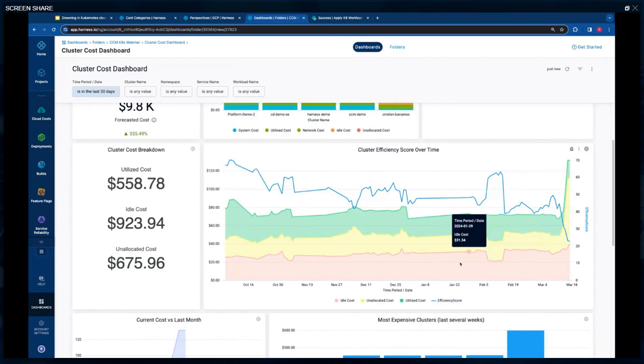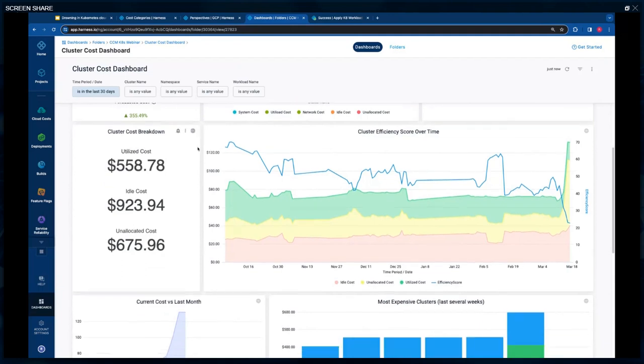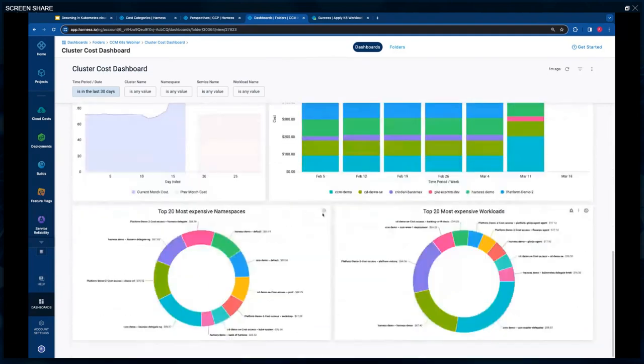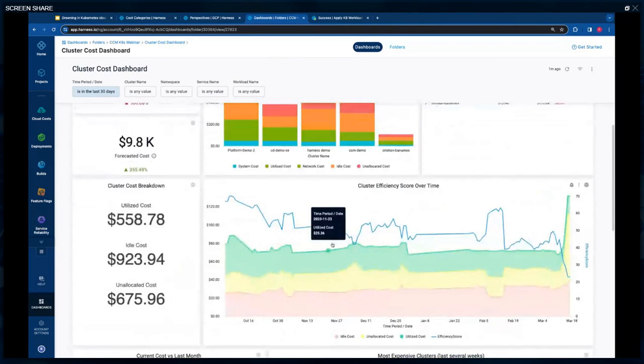You can have these dashboards where you're gamifying them, comparing different teams, so that they can see whether they are better than their peers from an efficiency perspective. Lots of different ways and things that you can do within dashboards. And if I was to show you one quick thing,